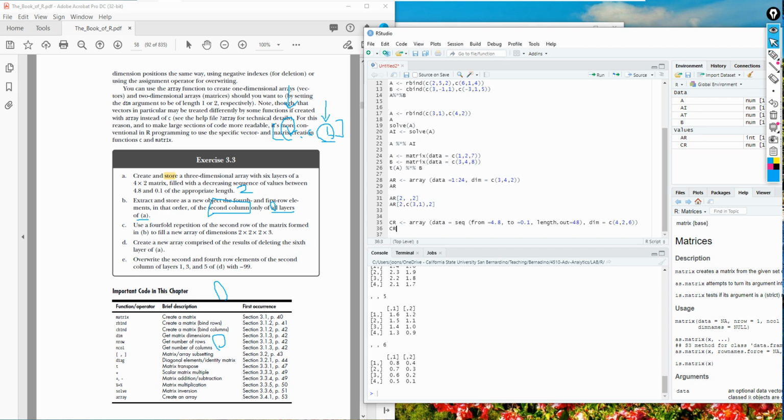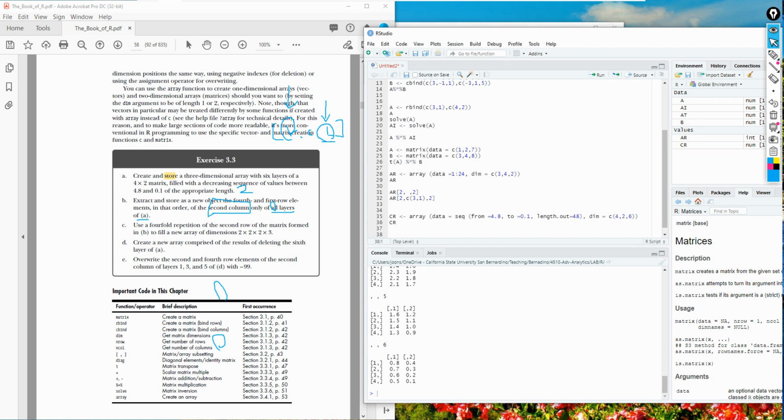So the answer is, and then they say extract and store, so I'm going to use dr this time.